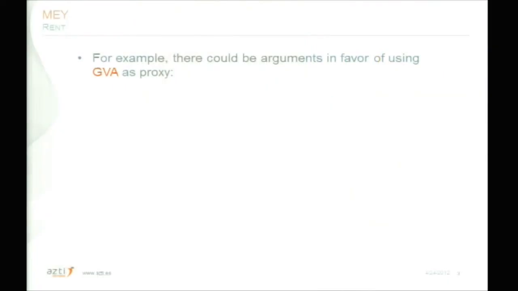For example, there are many arguments in favor of using gross value added as a proxy of rent. What is value added? Value added is just the summation of the capital remuneration and the labor remuneration. So what are these arguments in favor of using value added as a proxy? The first one is that labor